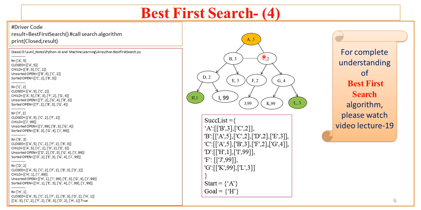So let us see here where I am pointing. Now after this, MoveGen is called for node C. What are the immediate successors of C? The immediate successors of C are A, B, F and G. Those are stored in child. Now from this child, whatever is in the open and whatever is in the closed is removed. What is left is just nodes F and G, which are added at the front of the existing open, and in the existing open there is only one node, that is B.